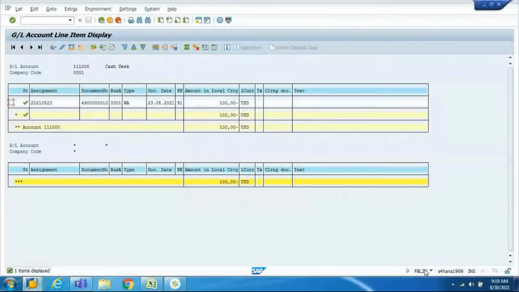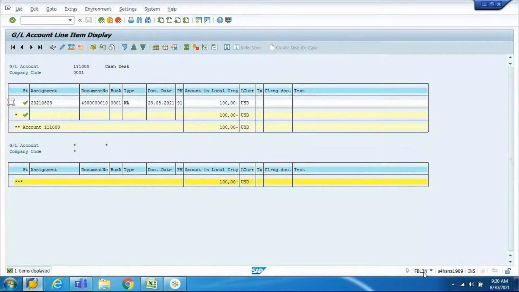But for certain transactions, FBL3N will not pull the report. FBL3N will tell that there is no entry, or FBL3N will exclude certain entries and include only a few entries. Which means FBL3N is not accurate in S4HANA. That is the reason even SAP recommends not to use FBL3N, strictly use FAGLL03 for any kind of GL reports.